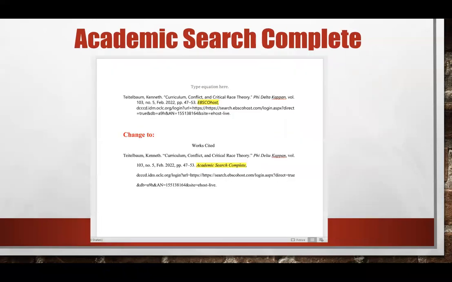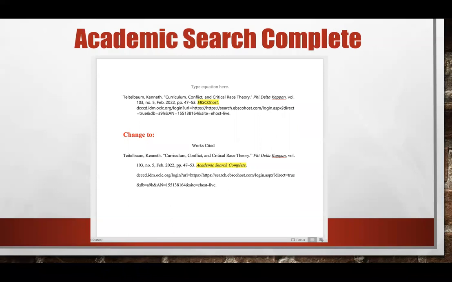Now, what I did is, here is my Word document, and I copied and pasted it exactly the way it was in the email. But one thing that I want you to start doing when you first paste it into this page, I want you to go to EBSCOhost. I don't want you to highlight it. I'm just showing you. And I want you to change it to Academic Search Complete in italics.